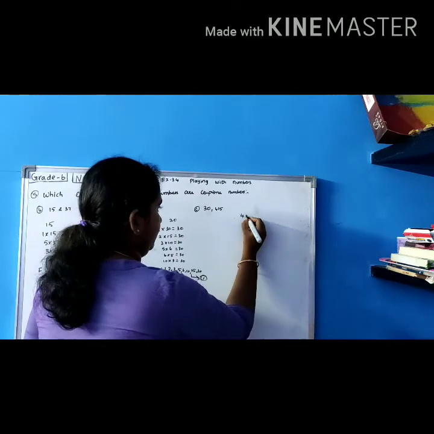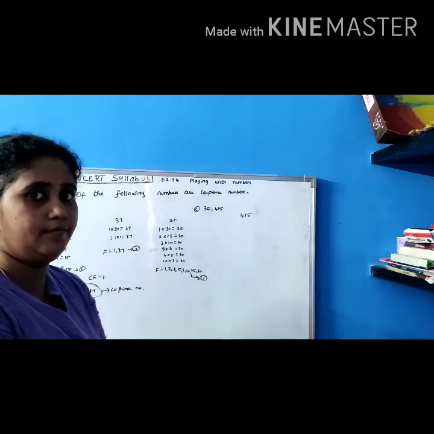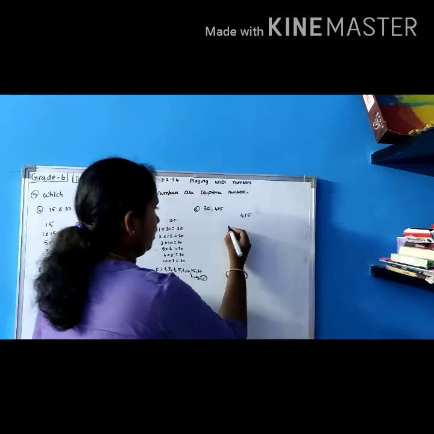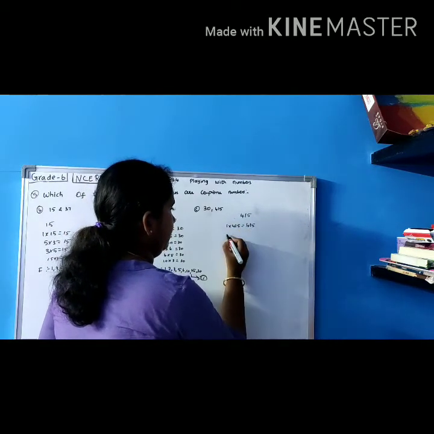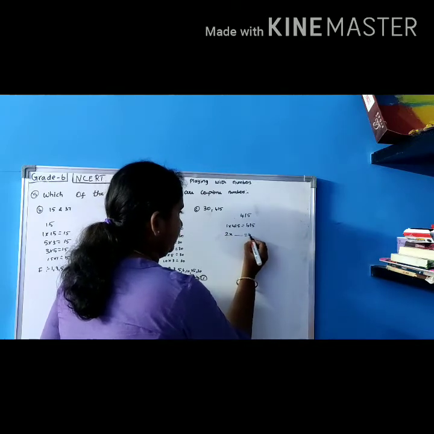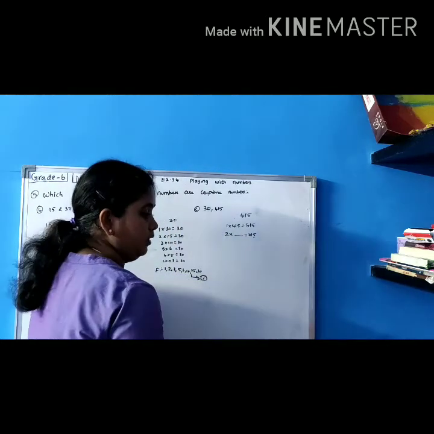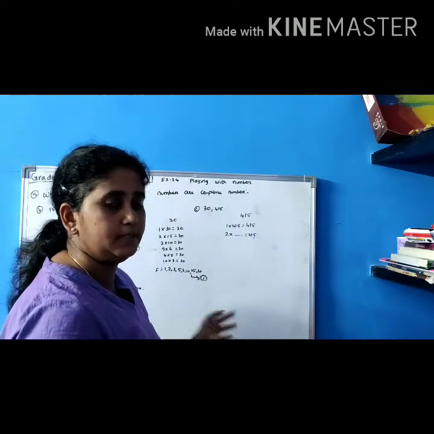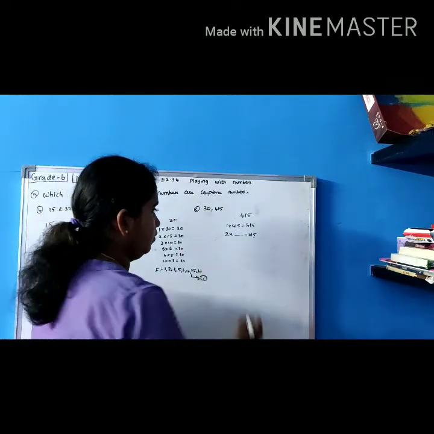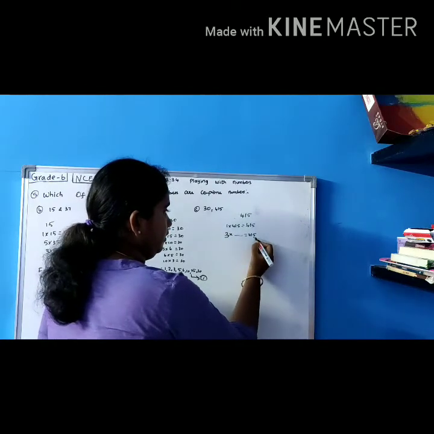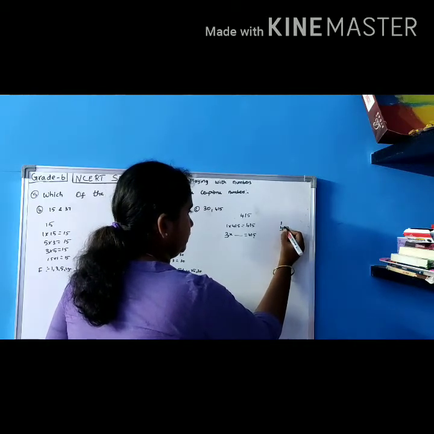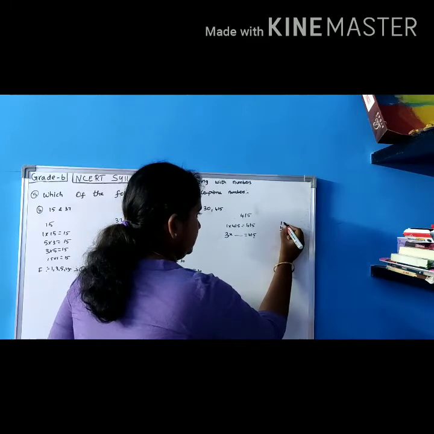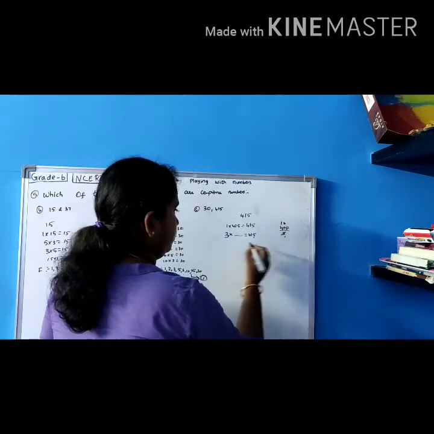Now 415 I am taking. It is just a big number, right? So we will divide and write. 1 into 415 is equal to 415. 2 into what gives you 415? It will not go because the one's place should be an even number as per the divisibility rule for 2. So it will not go. Now we will take 3. 415 divided by 3. 1 3 is 3, balance 1. 10, 3 3s are 9, balance 1, 15. It will not go in 3 also.